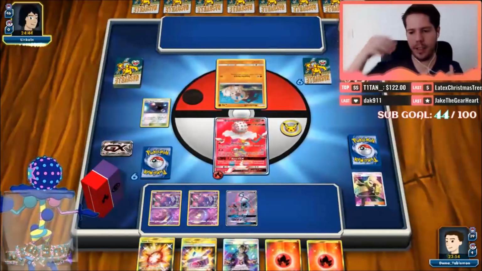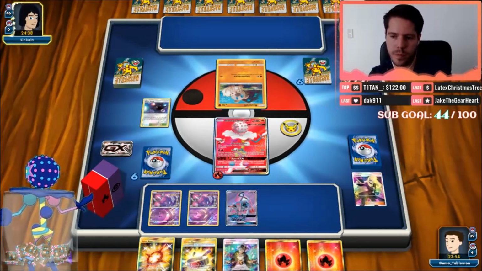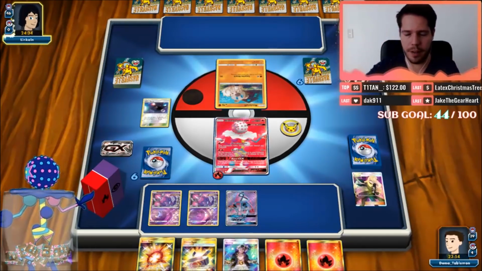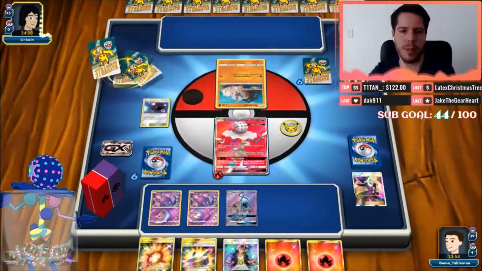Now our hand really sucks. So yeah, if we had been able to Lily, at least we would have the Naganadels guaranteed. Like I have knockout on this Rockruff, right? But